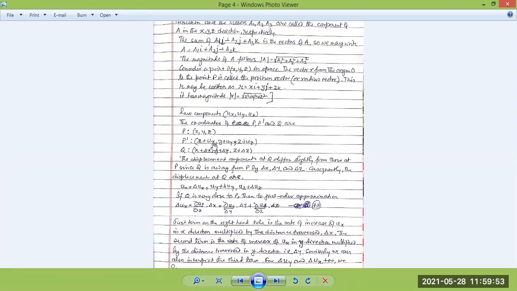Displacement vector means the distance from P to P dash if we resolve it along the x-axis, y-axis, and z-axis, or the direction cosines. Adding these together, we get the coordinates of P dash: x plus ux along the x-axis, y plus uy along the y-axis, and z plus uz along the z-axis. And Q initially was x plus delta x, y plus delta y, and z plus delta z. To make it clear, it is delta z, not uz.